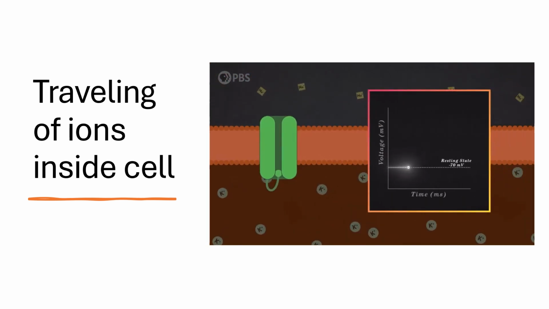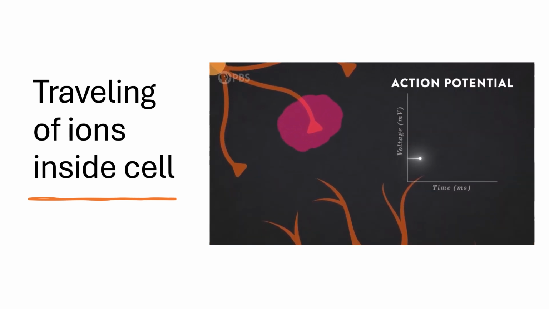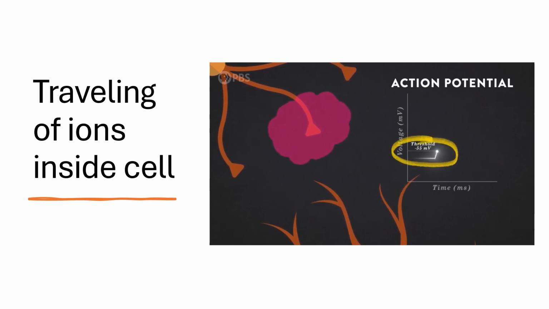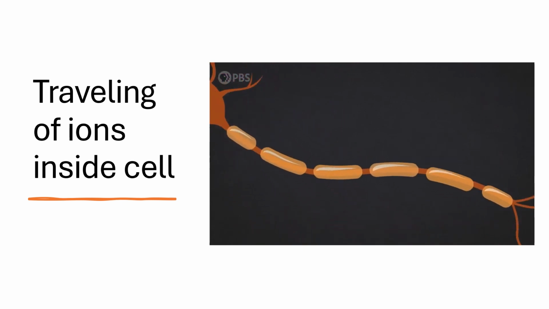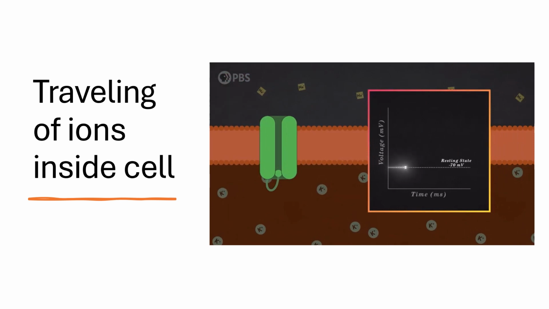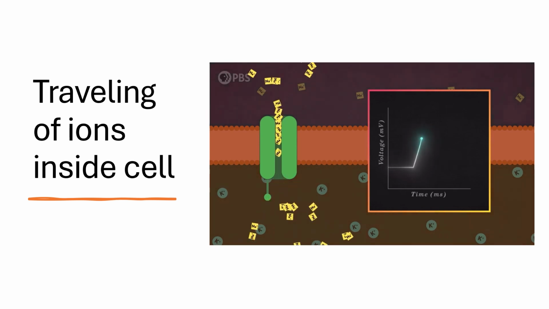And this is the internal structure of the axon. In this structure, this is the gate which allows only sodium to transfer from the extracellular region to the intracellular region. And when the sodium transfers, the voltage increases. And here you can see the potential reach its peak, and the sodium gate is closed,